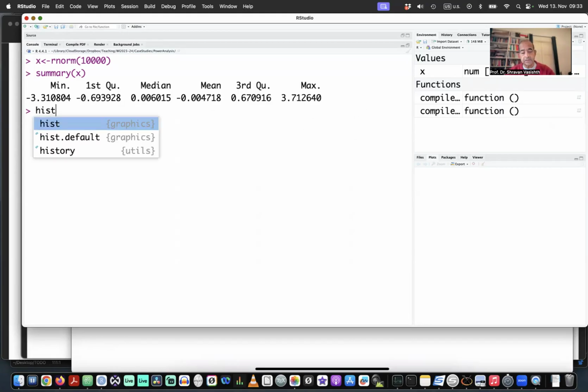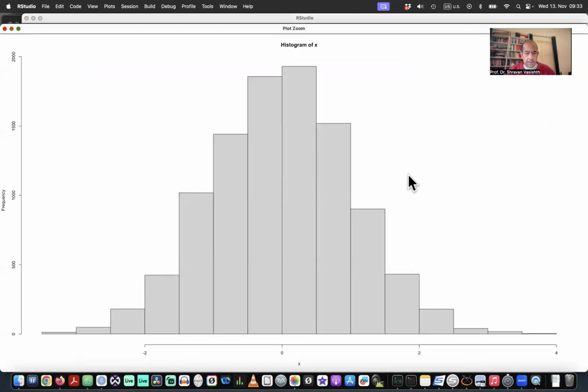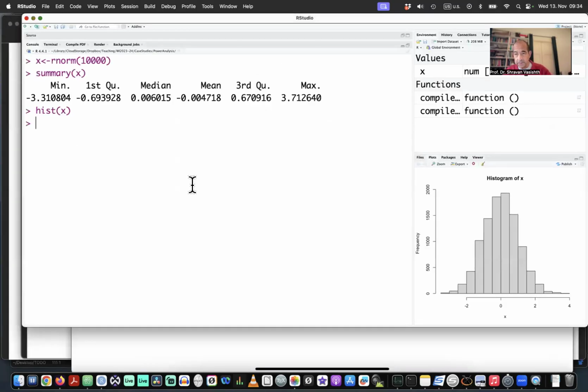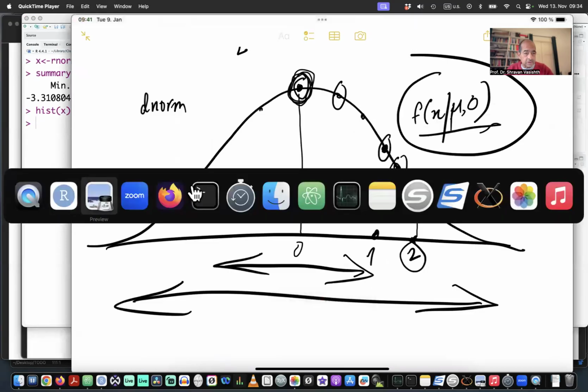But graphically, I can also look at this and you'll see that most of the data that I'm observing is near 0, right? So this is near 0 and near 2, I'm seeing much fewer data points. So that's basically the meaning of the density value. It's not a probability. So you have to be careful about that, okay? All right, so coming back to my slides,